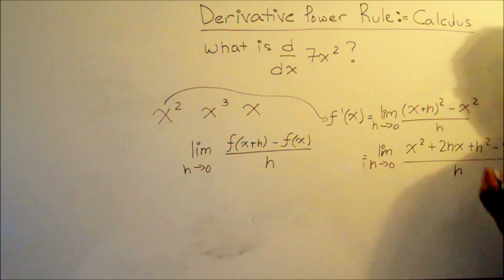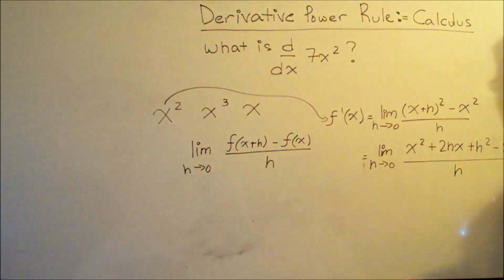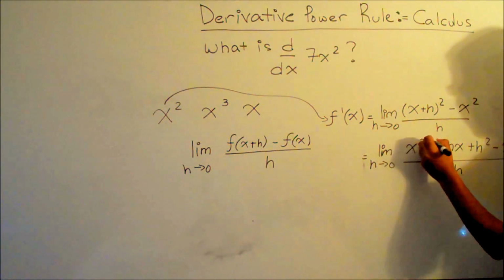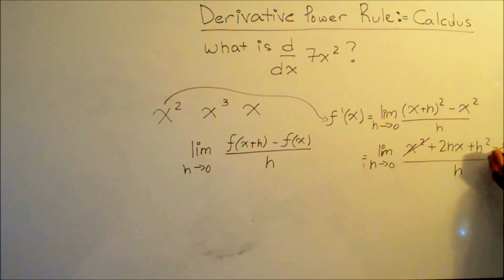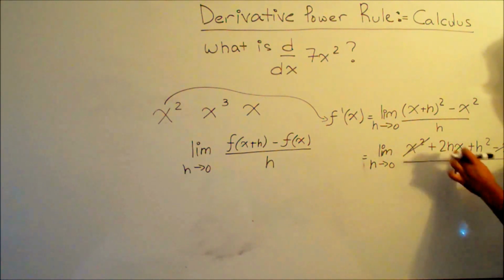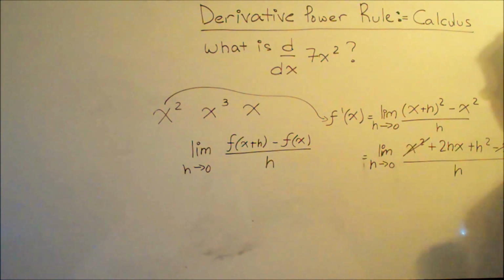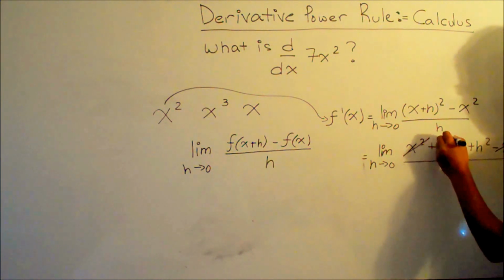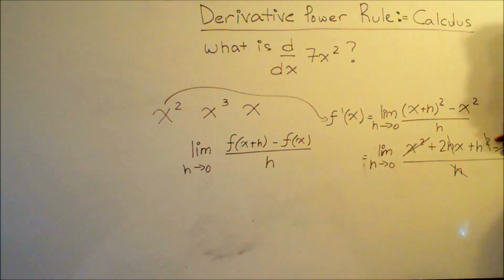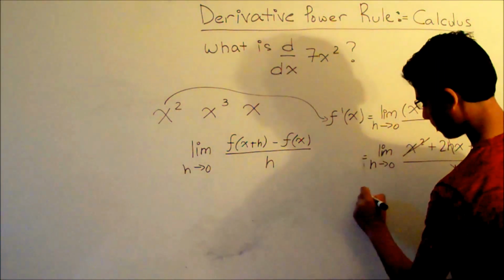So now we can see that we have some terms that cancel out. So we have x squared minus x squared, so that cancels out. And then we can see in the remaining two terms that both of them are divisible by h, so we can take out the h from the denominator, take out the h here, and take out the exponent here, because the exponent here is 2. And so h squared divided by h is just h. So this is equal to the limit